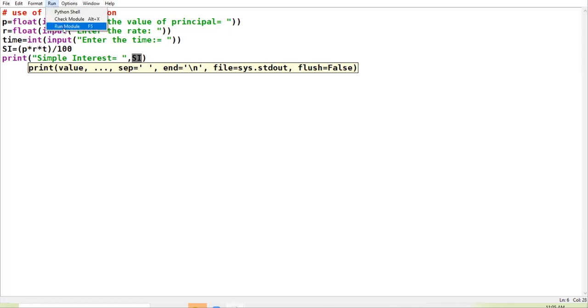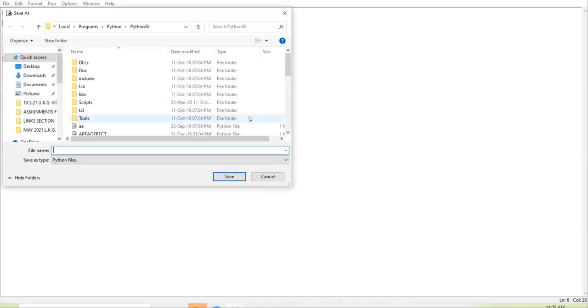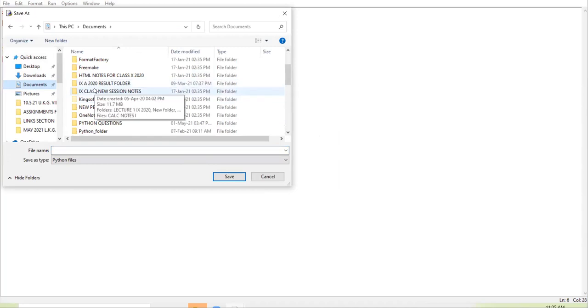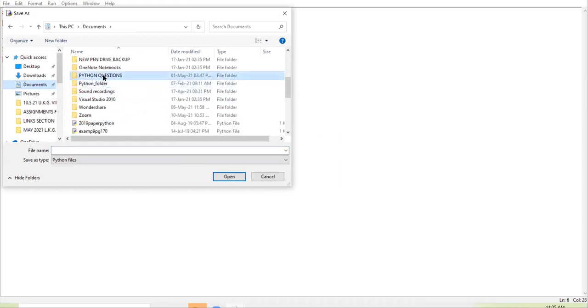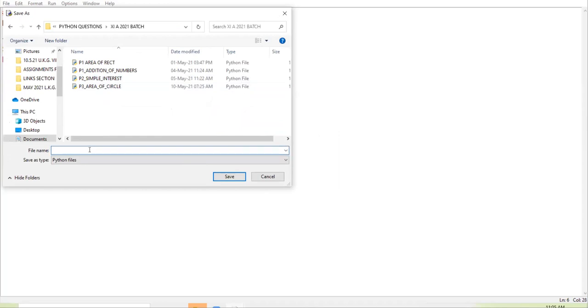So let us see how it works. Okay. So I'm saving this program. P4, simple interest using input.